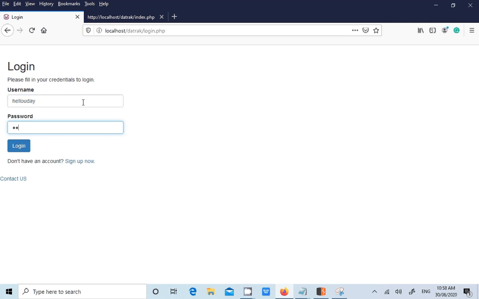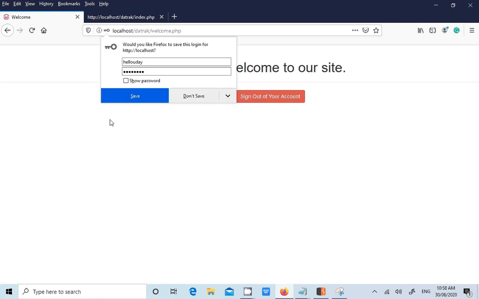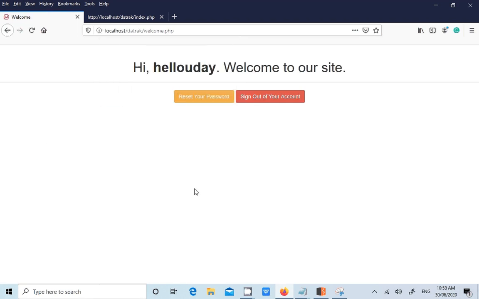Okay, username, password. Now as soon as I enter the username and password, there are two things. If the username and password are correct, then the website will definitely create a session ID that is specific to this particular user, and whenever you browse an internal page, your session ID will be sent to the server, and the server understands that it is this particular user. Now let's see. Yes, now I have successfully logged in.